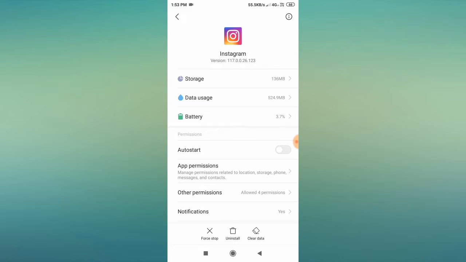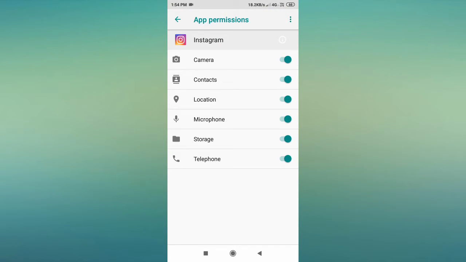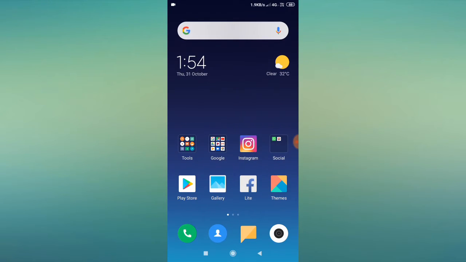Now, your data means your Instagram account is not going to be deleted, nor the data which is in it. You will just be logged out from your Instagram, that's it. Now go to app permissions and allow all the permissions. If they are already enabled, then just turn the permission off and enable it again. Now go back, restart your mobile, and then open your Instagram app and go and watch